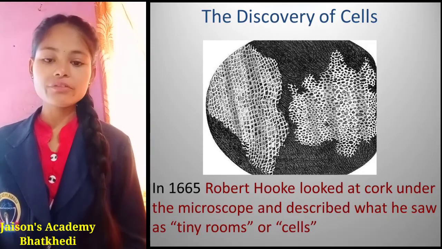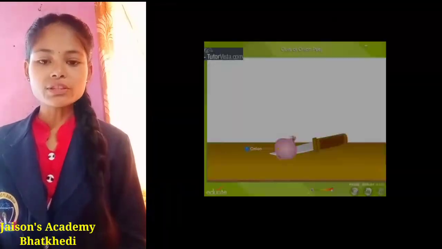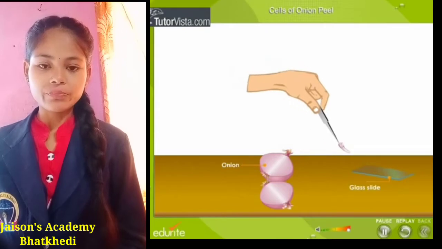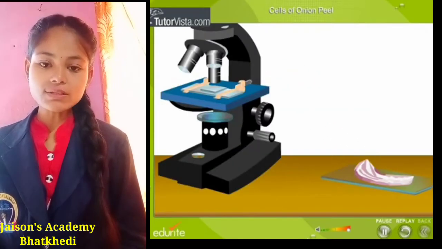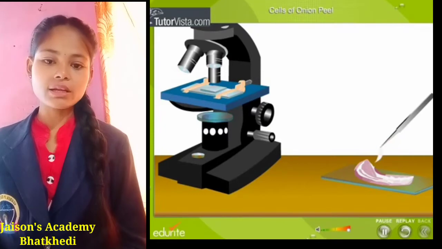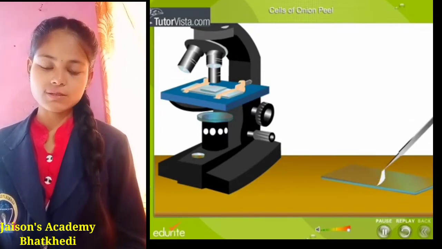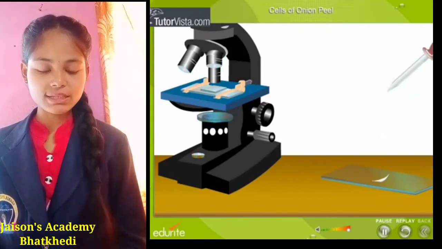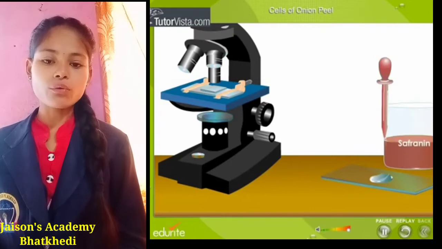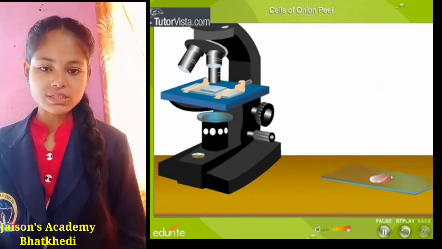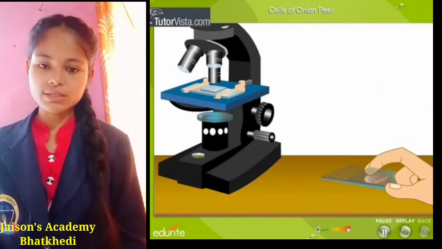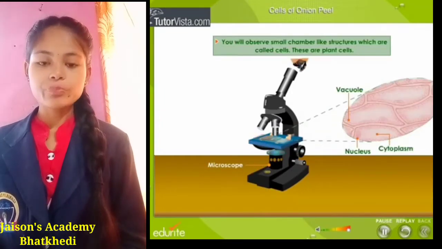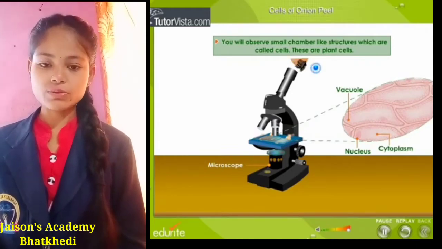Now let's see how living organisms are made up of. For this, let us perform an activity. For this activity, we require onion, slides, then cover slips, some stains, glycerin, forceps, needles and scissors. What we have to do? We have to take out carefully the peel of onion, and we have to keep this peel of onion over the slide and put few drops of stains and glycerin and put a cover slip. We have to put the cover slip in such a way that the bubbles will not arise. Then we have to observe this slide under microscope.